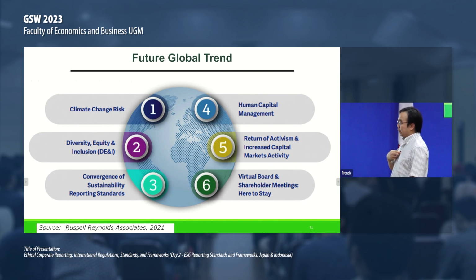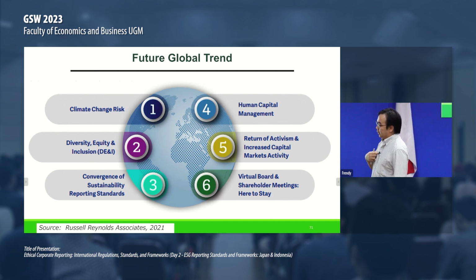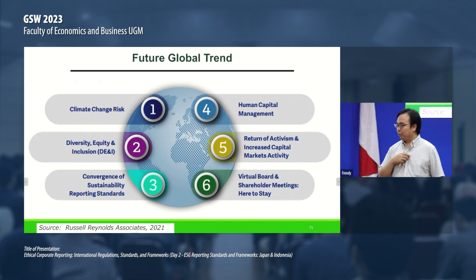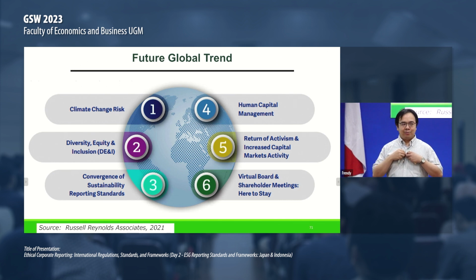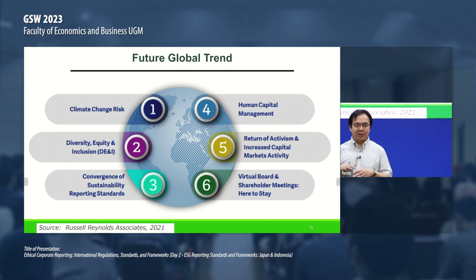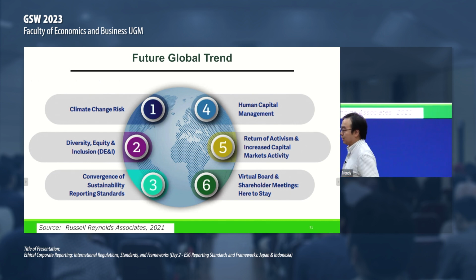So future global trends: again, climate change is still in everyone's mind, and then DEI, diversity, equity, inclusion, is going to become a more sensitive issue again, probably in some countries more than others. So how do companies navigate this sensitive issue of DEI? Because you do one thing in one country, people support you. You do the same thing in another country, you get boycotted. So how do you navigate these issues?